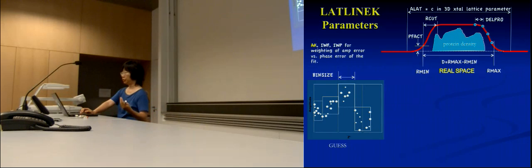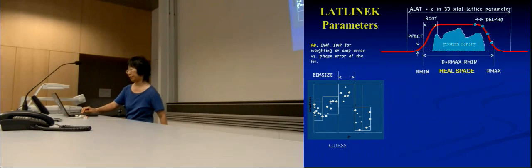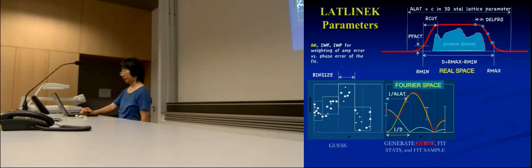Second one, it needs to do the guess. So it needs to use the data that's already there to provide the initial guess. This is where you provide it with a bin size so that it can say, take all the numbers in here to give me a good initial guess of where that is. Then you can use that to give you the parameter values that you need for your model. Then you plot that